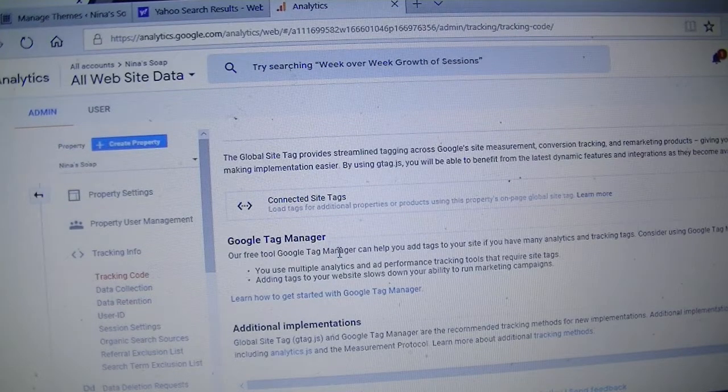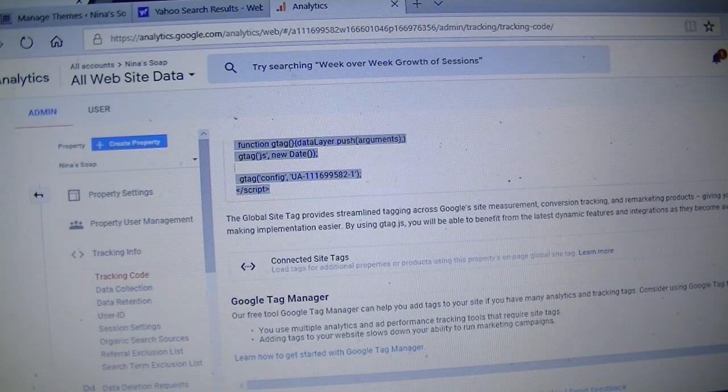So now that we copied the tracking code and pasted it on our dashboard, we want to copy the tracking ID number and paste it on our YouTube channel. So to do that, we will go to property setting,